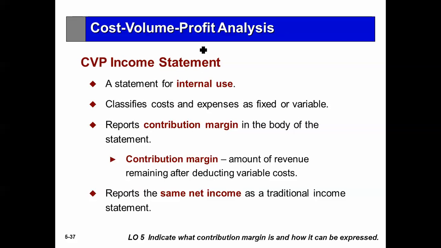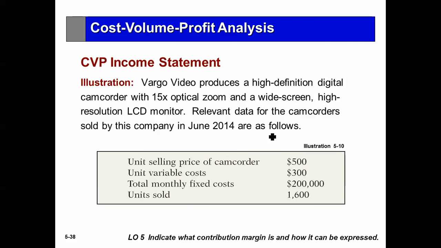So we can also reformat the income statement. Our income statement generally is revenue minus expenses. But now that we know the expenses are either fixed or variable, we can, for internal use, separate them. For example, an income statement. Vargo Video produces a high definition camcorder. Okay, relevant data is the unit selling price is 500, variable cost is 300, total fixed cost is 200,000, and